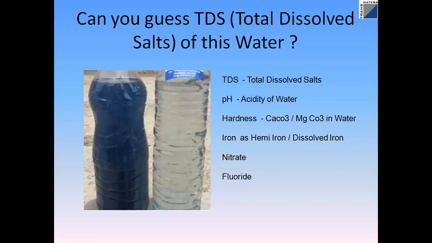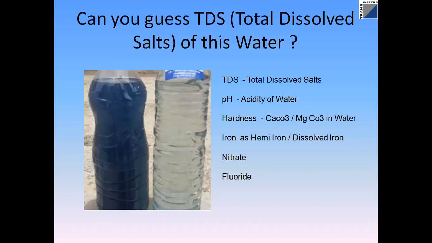The hardness of the water is again an important parameter. People have lots of discussion on the hardness of the water. Hardness causes hair fall and scaling in the water. Hardness is predominantly because of a few parameters in the water, like calcium carbonate and magnesium carbonate. I will discuss hardness in more detail in the water report, which we'll discuss in further slides.